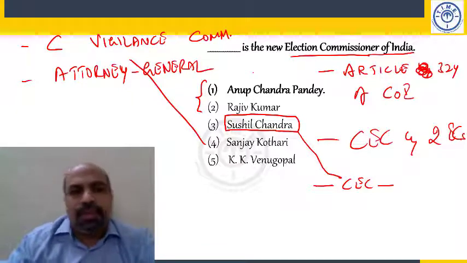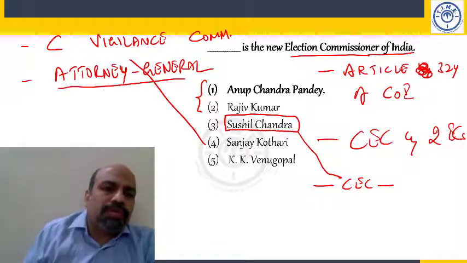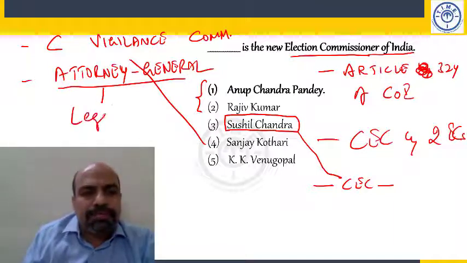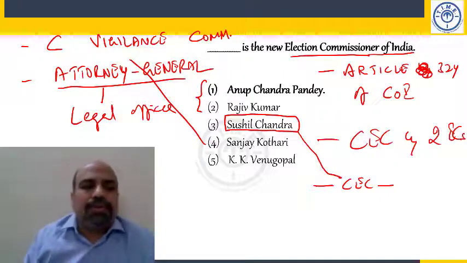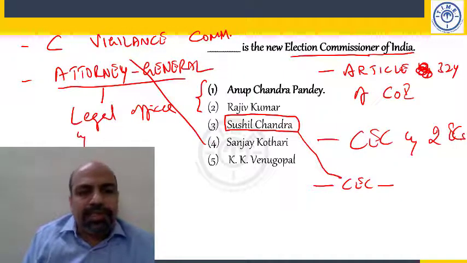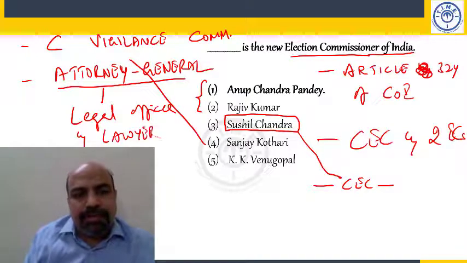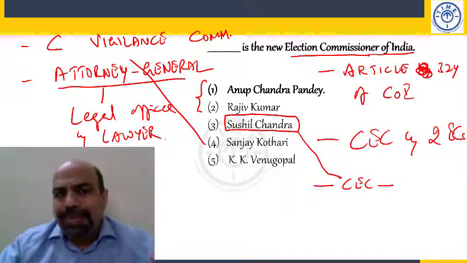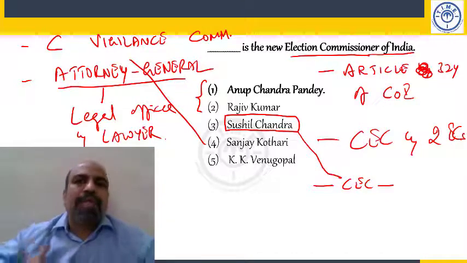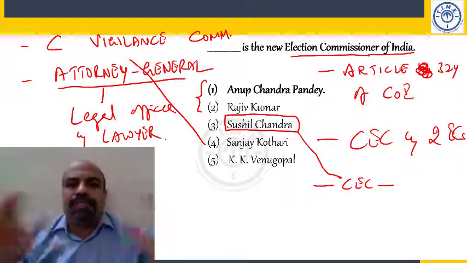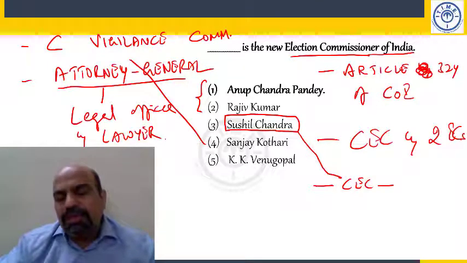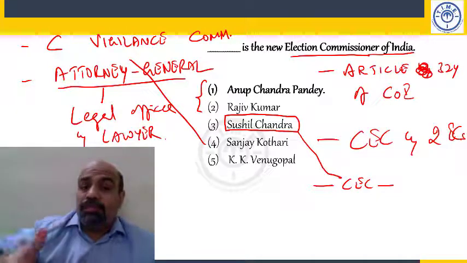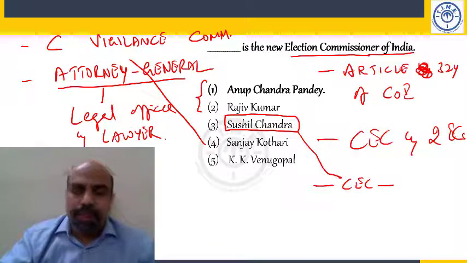Attorney General of India. If you want to know the role of this person, you can say highest legal officer of India. Highest legal officer and lawyer of Government of India. Simply put, lawyer of Government of India. He represents the Government of India in all cases. If there's a case, he represents the Government of India in the courts. It could be his juniors, members of his team, like the Solicitor General. Solicitor General of India comes under Attorney General of India.